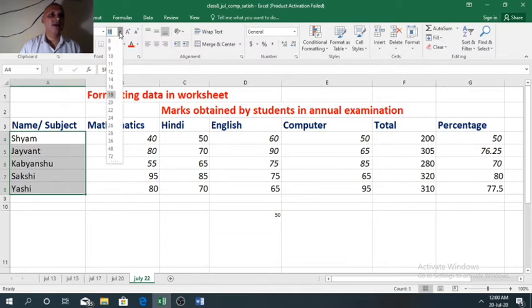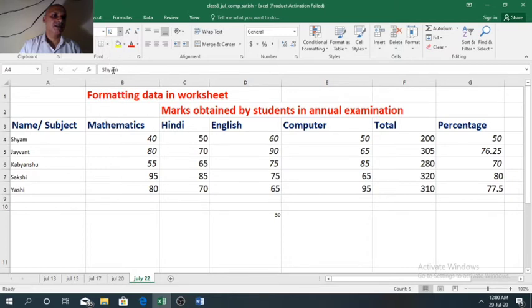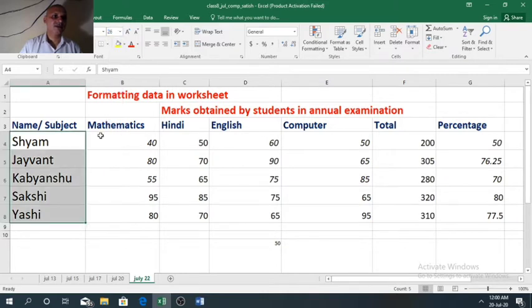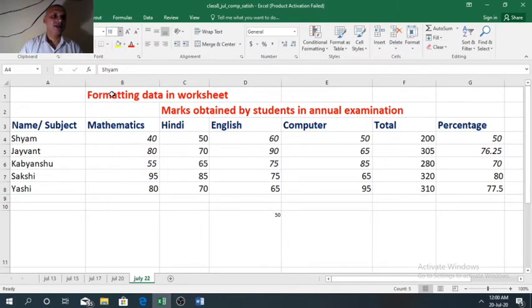Again click the arrow here. 18 size is already selected, so you can change the size. Here I have selected 12. You can increase it. Now see, it is increased. Again I want to make it 18.